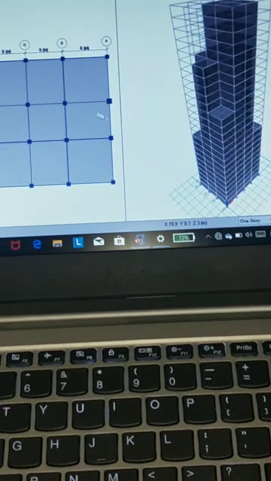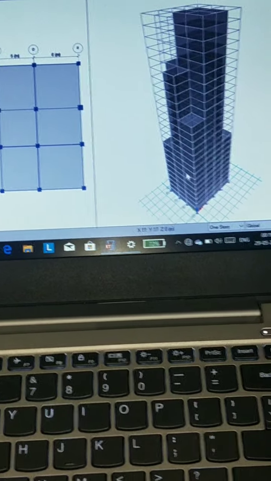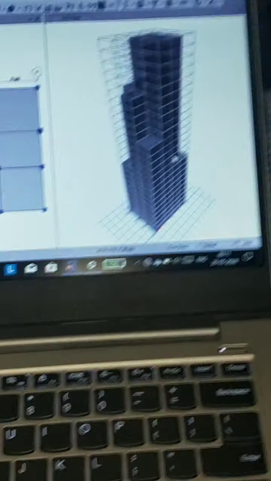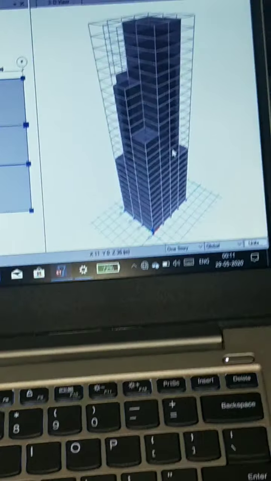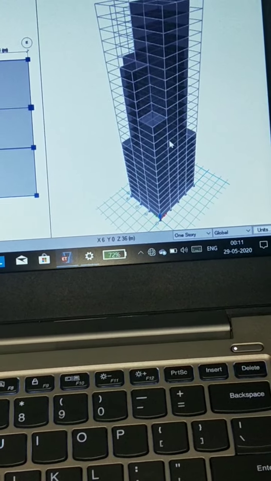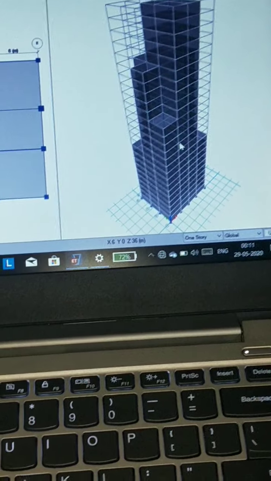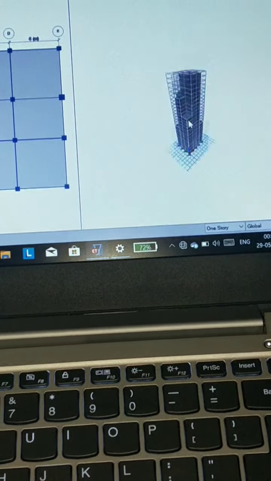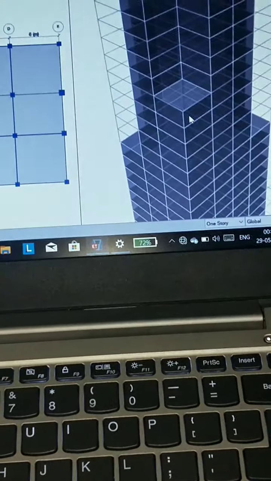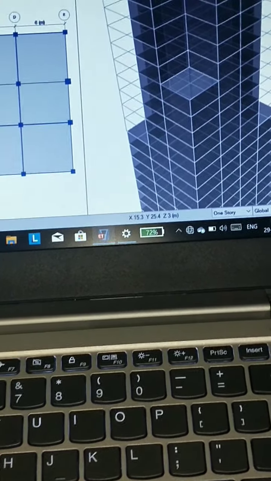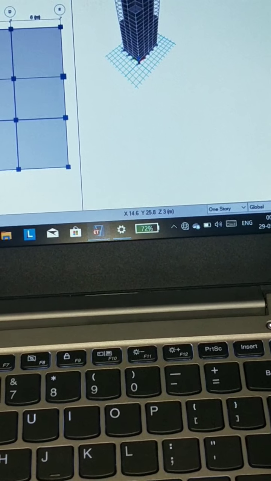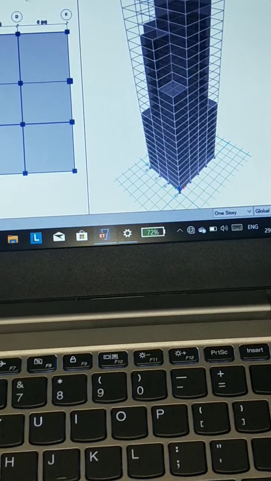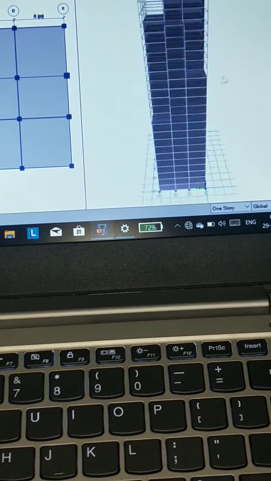Like this. For this we have a 1 to 8 story building. We have taken all the space, as you can see clearly. And after the 8th story of the building, 8 to 14, we have changed the dimension.